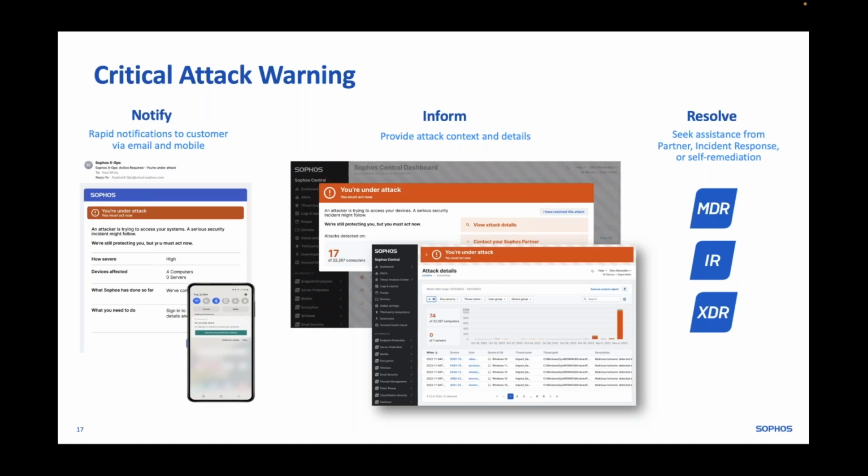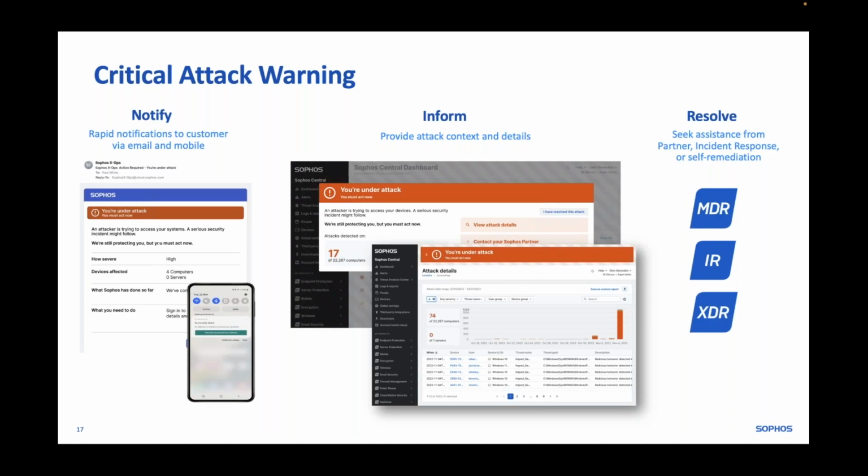We also have added in a critical attack warning within Sophos Central. So if we recognize under certain circumstances that the organization is under some kind of large-scale attack, we will notify the organization using a couple of different methodologies. So we will put banners inside Sophos Central, we will email, and we will send out notifications via mobile as well.